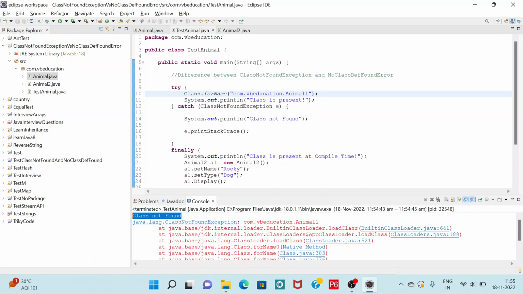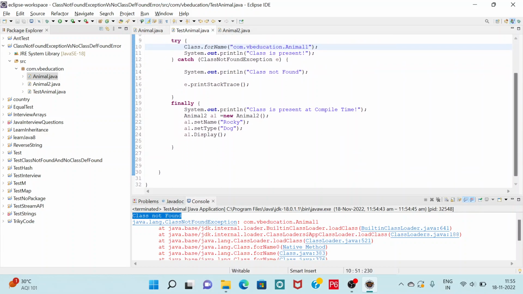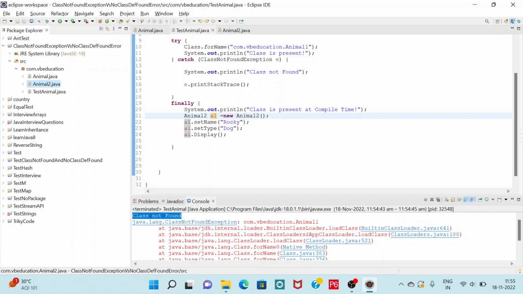NoClassDefFoundError is given when we are trying to create an object using the new keyword. Here, as you can see, I'm trying to create an Animal object. Let it be a1 equal to new Animal, right? And I have this Animal class here. So now if I execute this,